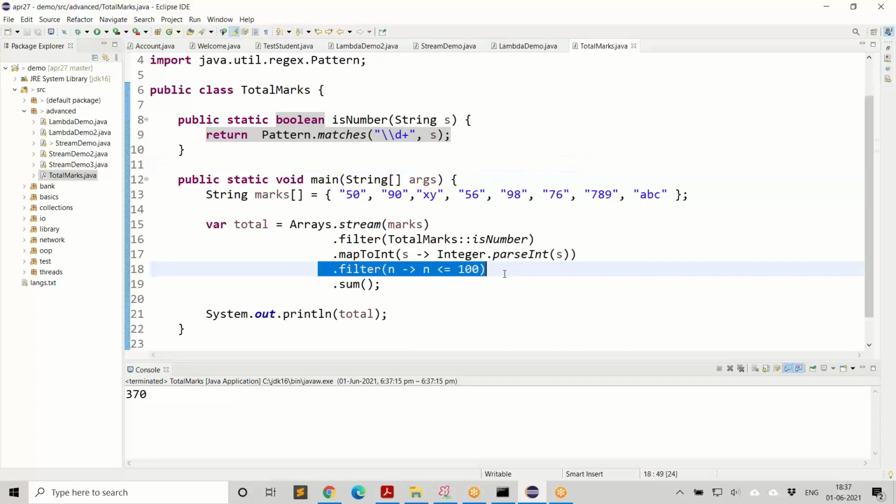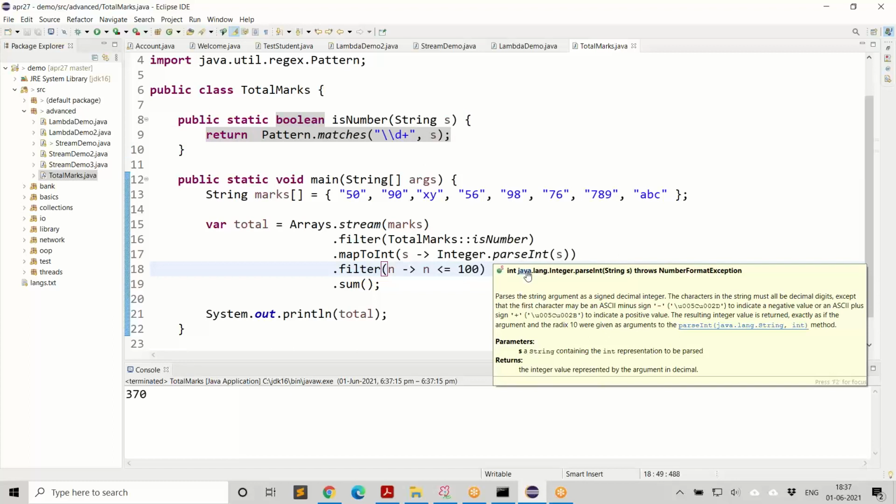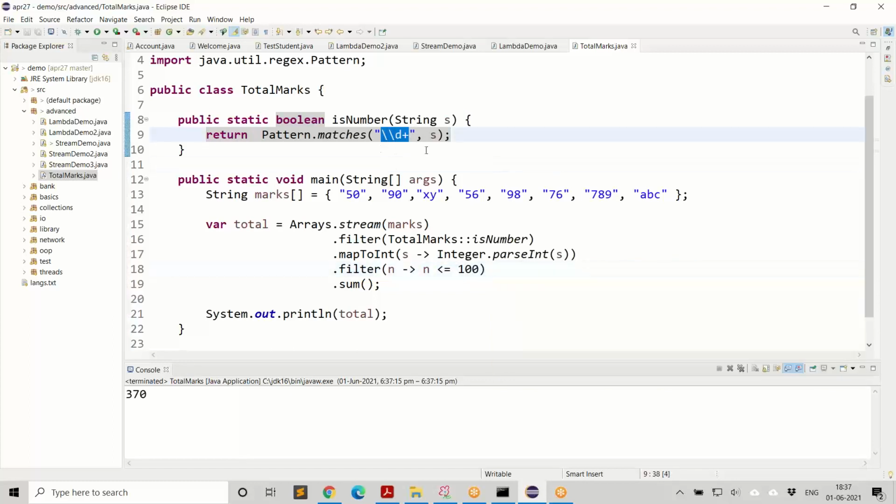Now you can think of removing this and then slightly modifying this. How do you modify? Well, the problem is you can't say it is just two digits, because somebody might get 100 out of 100. Then we need to consider 100. So you can't just simply say take only the strings with two digits. Even three digits are valid, but those three digits cannot be more than 100. So it's not right to squeeze that condition into this.